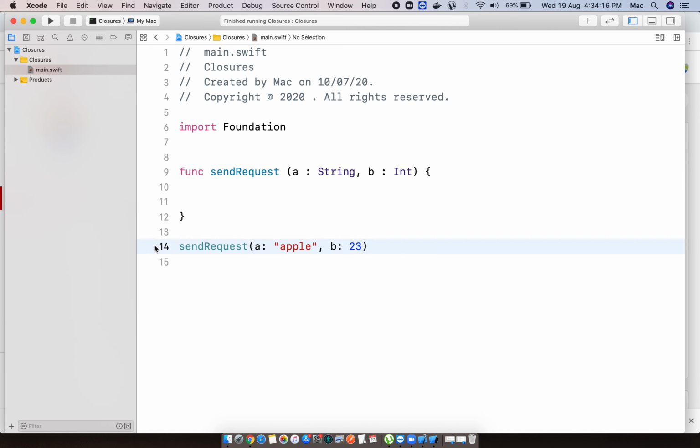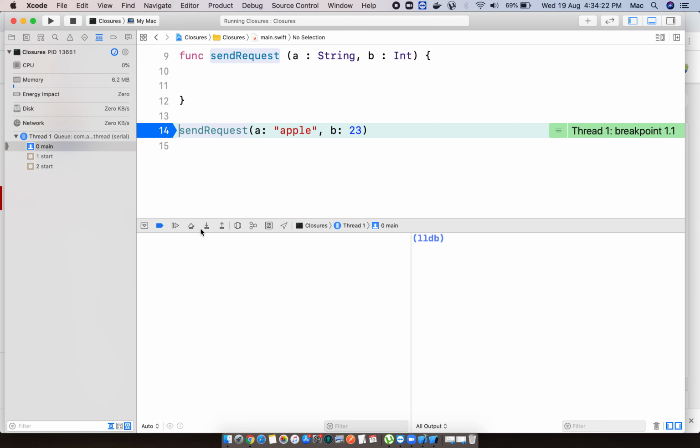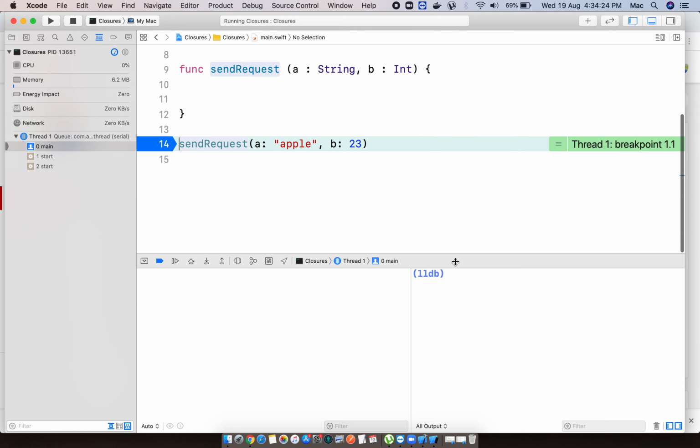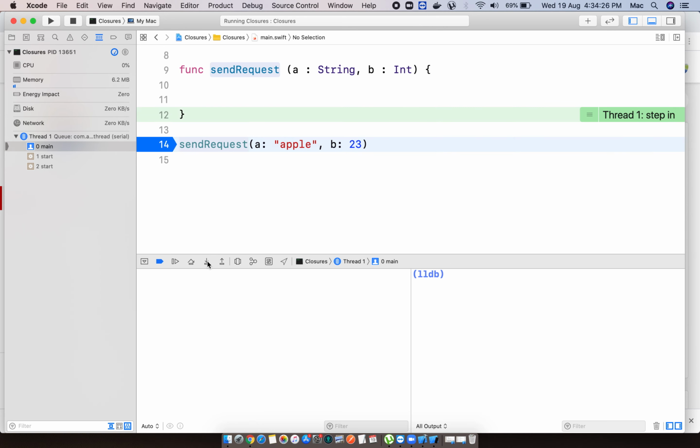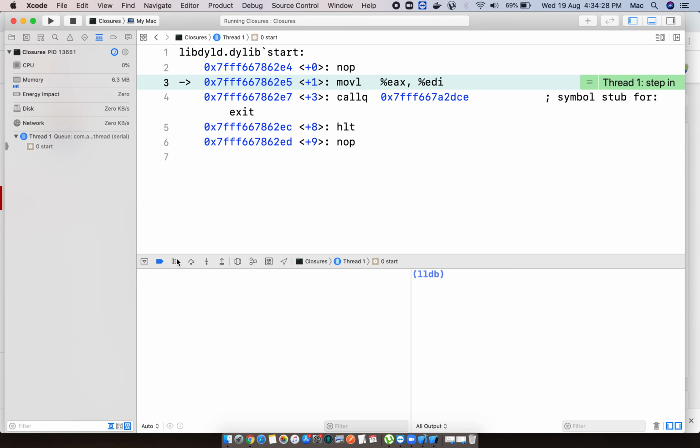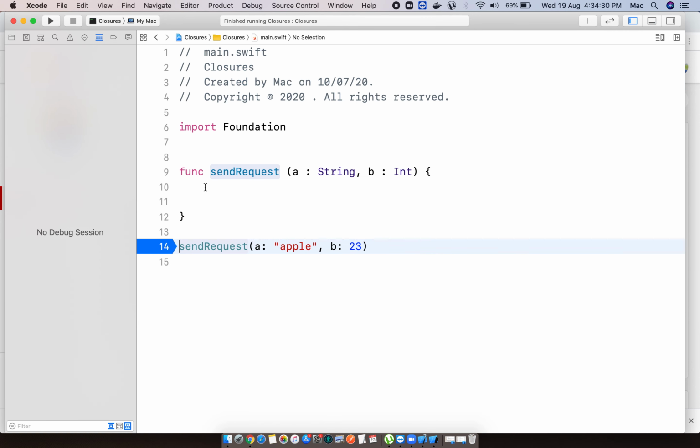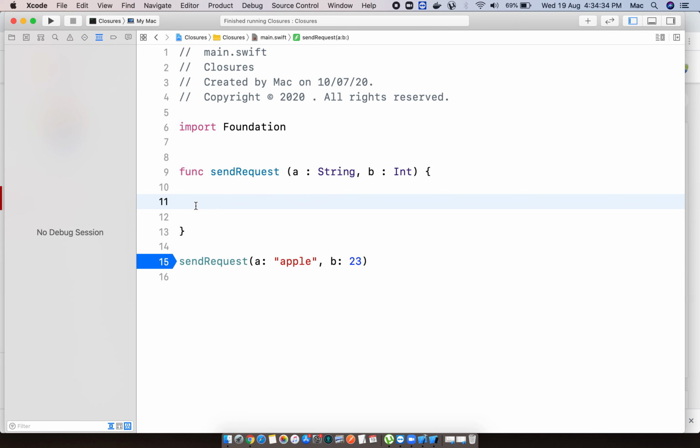Okay, we'll check whether it is called or not. It is called, but we are not printing anything. That is the reason we're not able to know whether it's called or not.